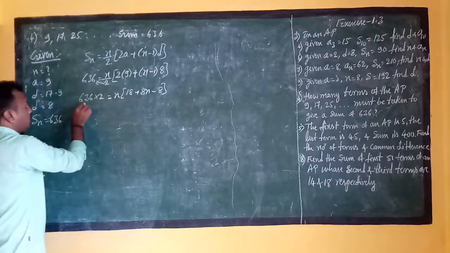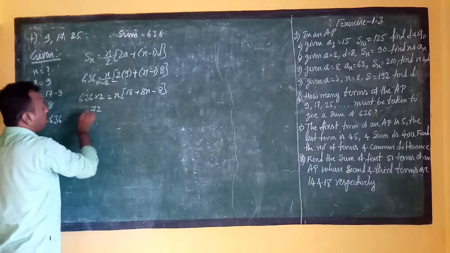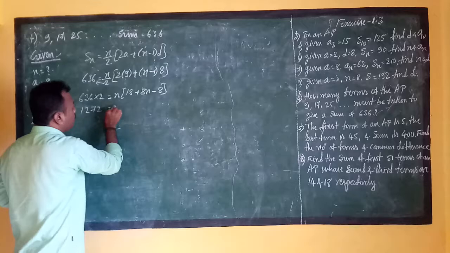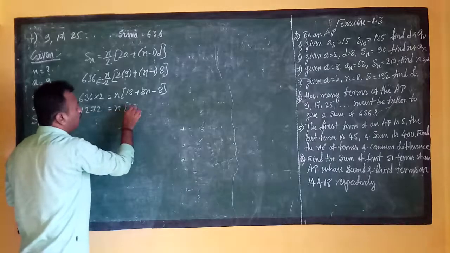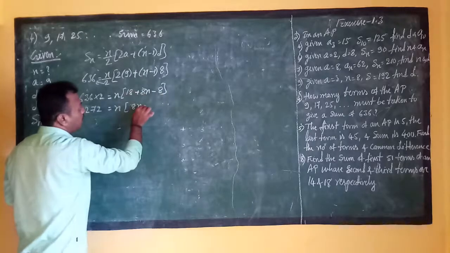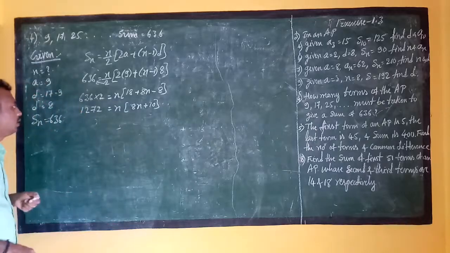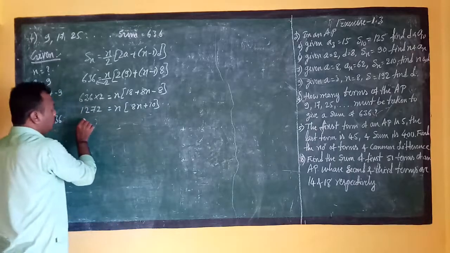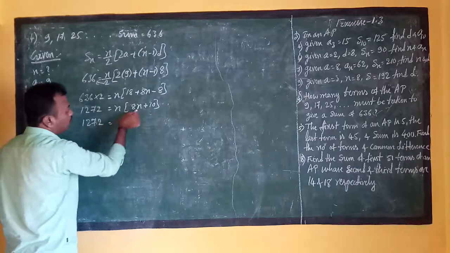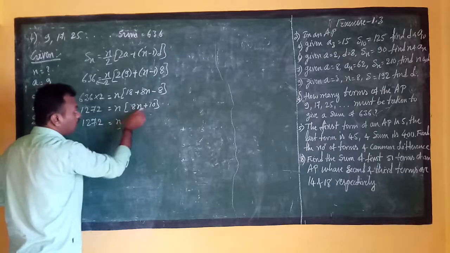Okay students, next 2 6s are 12, carry 1, 2 3s are 6 plus 1, 7, 2 6s are 12, so 1272. It is equal to n into 18 minus 8, and then 1272 is equal to, we have to take out the common factor